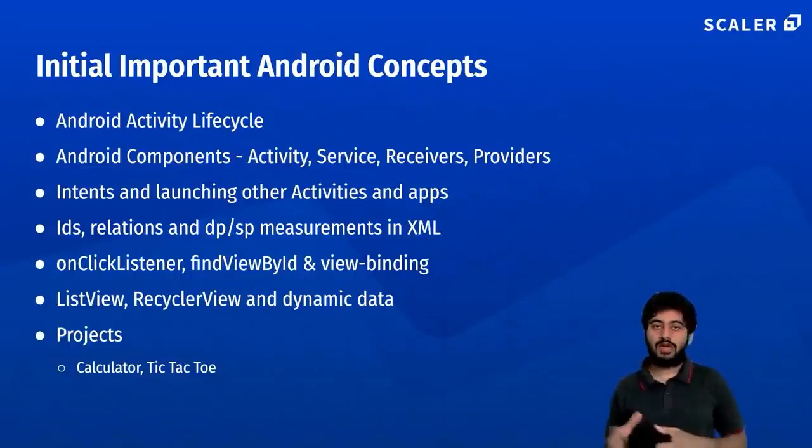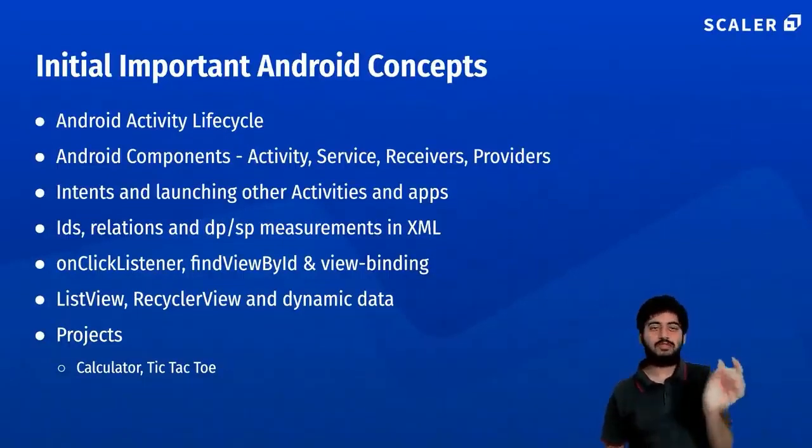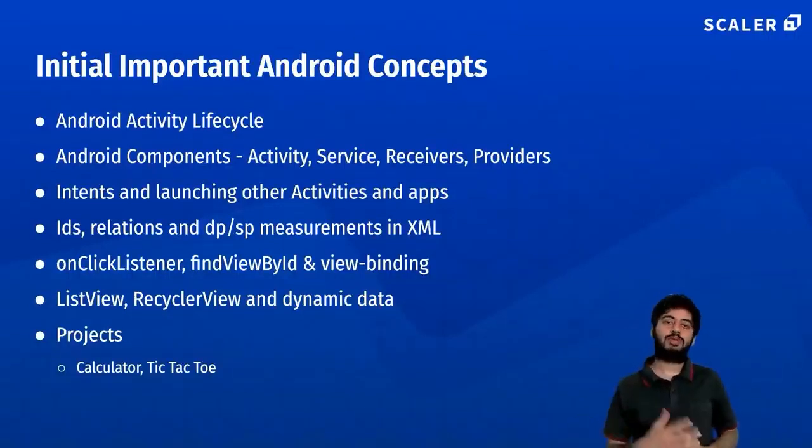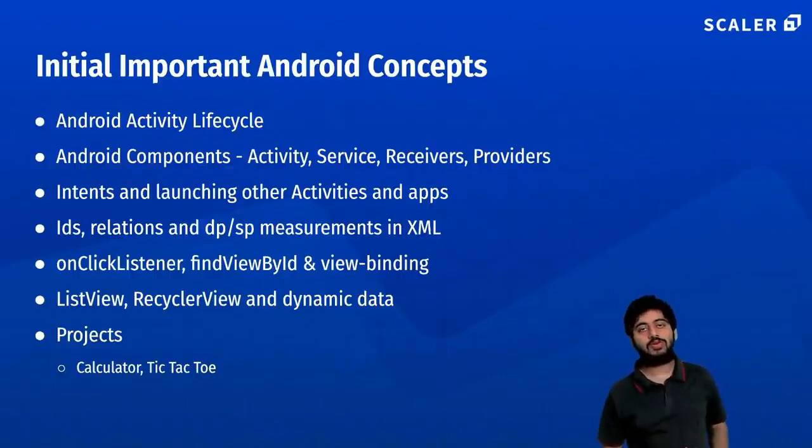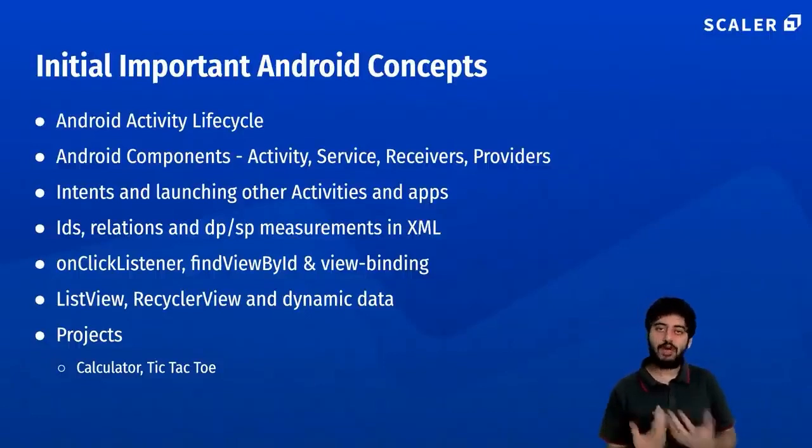Similarly, when maybe you're in an email app and you're trying to attach a file, when you click on attach, then it shows like, okay, there's the file manager, there's the gallery. Where do you want to attach from? So that's maybe a file open intent. Okay, so these are different intents. How do we work with intents? How do we go from one activity to another activity? How do we go from one app to another app? It all depends on intents. So understanding intents is core to the understanding of how Android works.